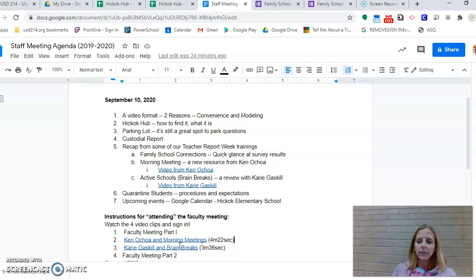The other thing is they are cleaning the bathroom several times a day. They want us to remember that we as a school are using a lot more paper towels and a lot more soap. And so if those devices are empty, it's not because they aren't checking them. It's probably because there's an increased use and they're not getting them filled as quickly as they need to. So all it takes is a little communication and they will get right to it. If you have special needs or requests, just let me know and I can relay it to them.